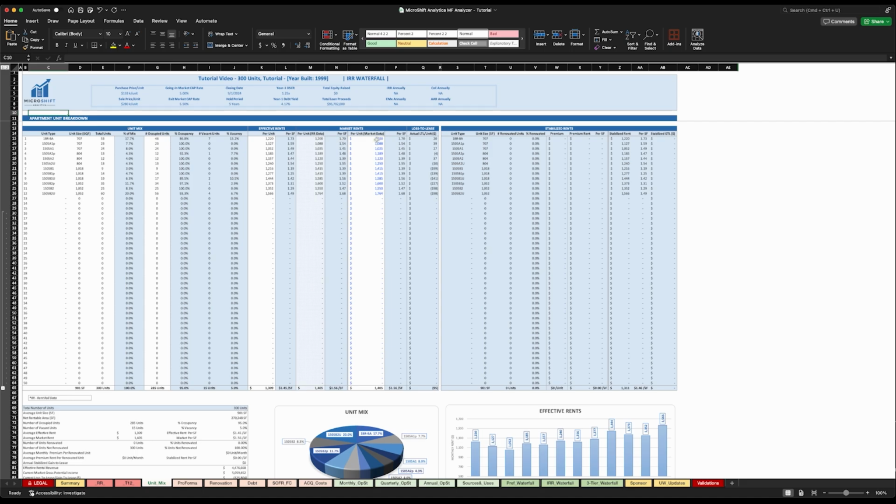And then you have this option, which is again, the text is in light blue. That means it defaults with a formula, but the user can still edit the data within that cell. The reason is sometimes when you receive rent roll data from a broker, it has the market rent on there, but when you do your rent comps and your market survey, you notice that the market rent on the rent roll is not actually the true market rent. So you do have that option to make that edit here,